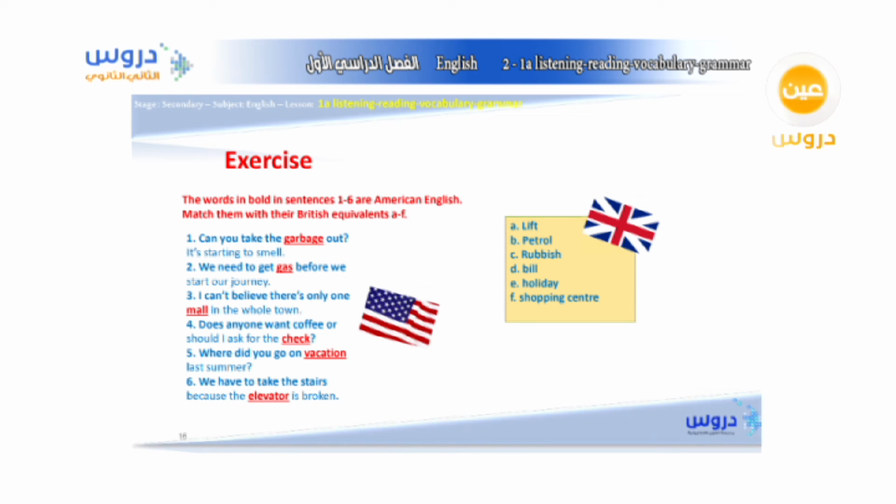So for garbage, we say what? Lift, petrol, rubbish, bill, holiday, or shopping. So for garbage, it's equivalent to C. It's rubbish. So 1 goes for C here. And for the gas, so when we say we need to get gas before we start our journey, gas is equivalent to petrol, which is B,